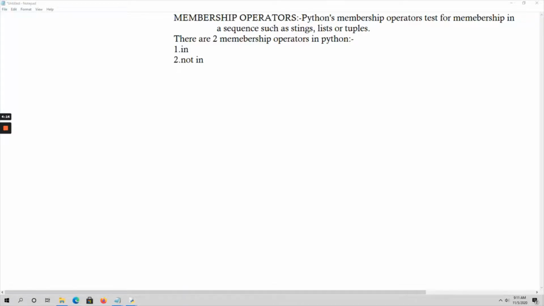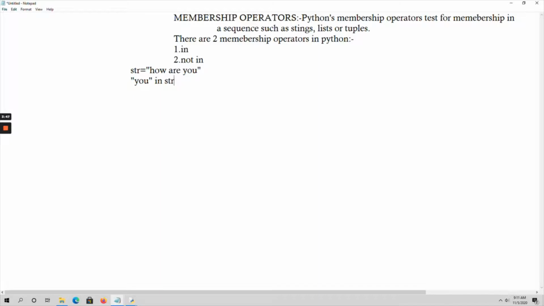For example, consider a string str equal to how are you. Suppose I want to check whether u, which is a substring, is in the main string. U in str.